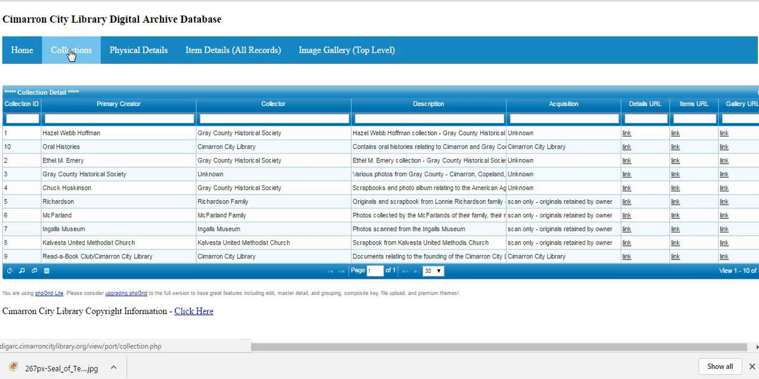The next tab on the menu bar is Collections. The Collection screen is the main database screen, so by clicking on it, as you can see, you will reload the same screen. On the lower portion of this screen is a table with searchable fields listing the collections within the digital archives. It is broken into 8 columns. The collection ID, which is the accession number of the collection within the library,